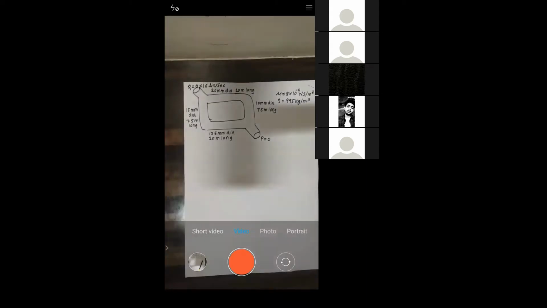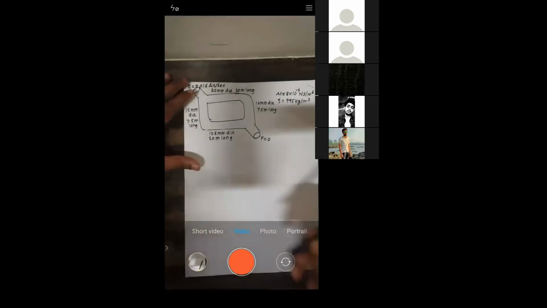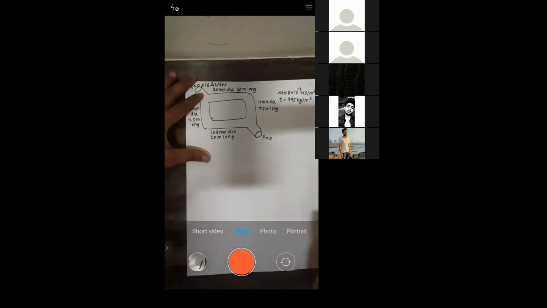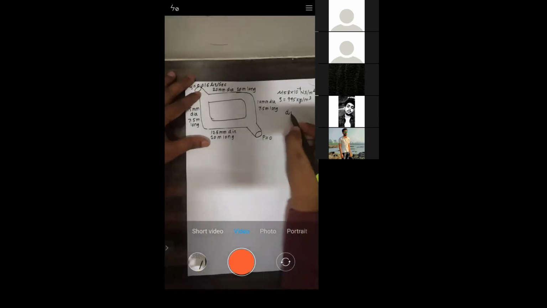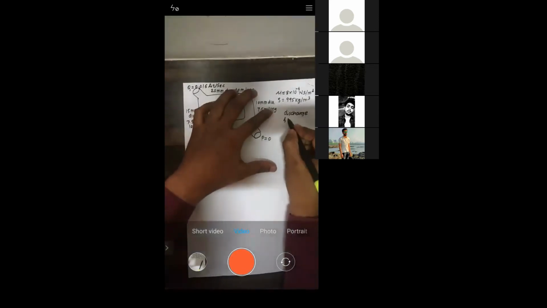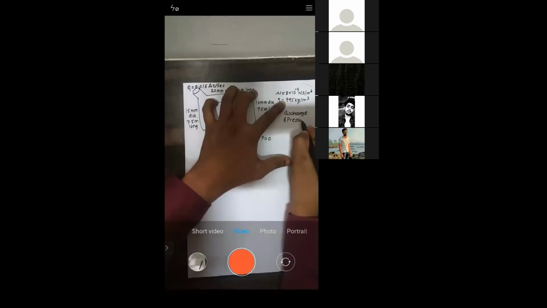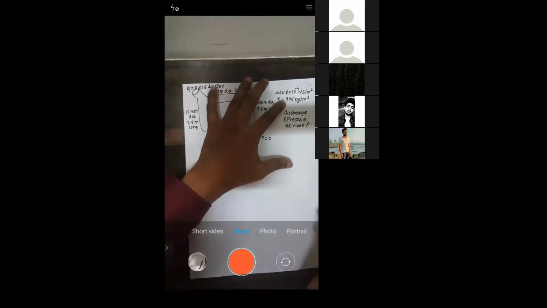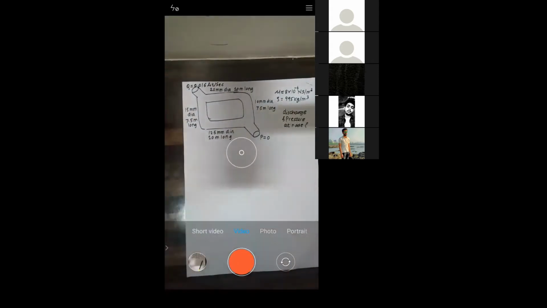Okay, so tell me, what do you understand from this problem? See, what they're asking to calculate. They're asking to calculate the discharge at the node, and similarly the pressure at the node. This is the simple problem they have given. What is the discharge and the pressure at the node?